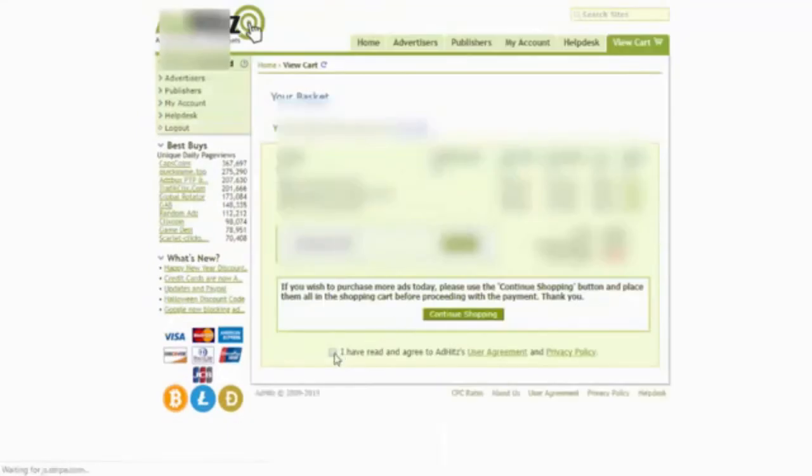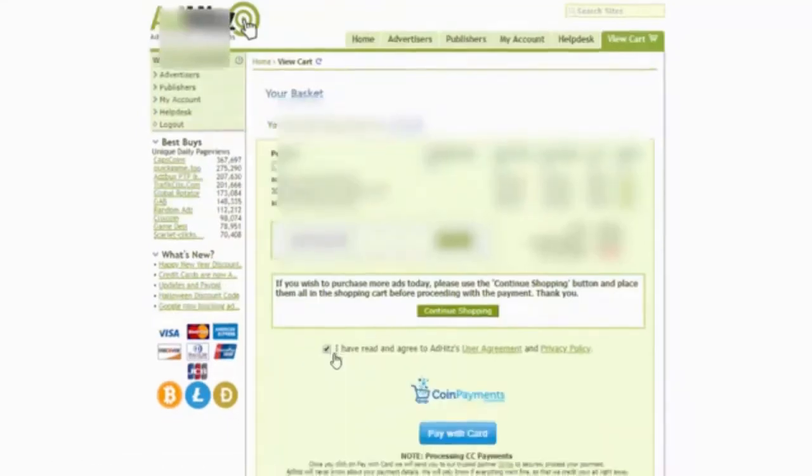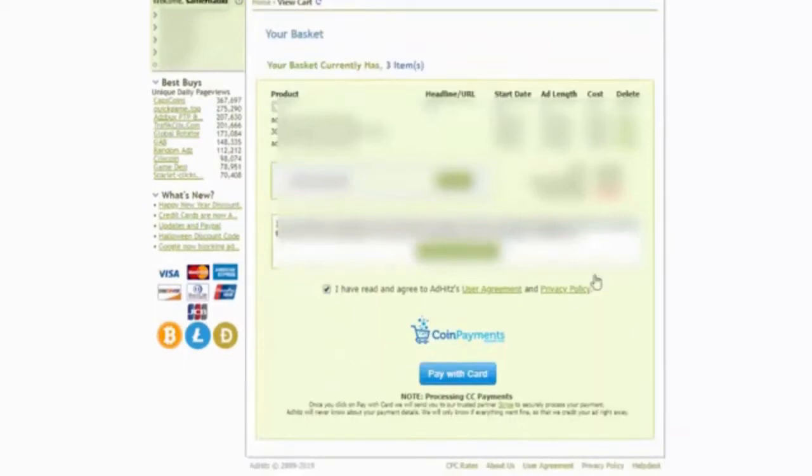And we will get this page. Okay, now basically you can see you can pay using Bitcoin, and you can pay with a credit card. It's your choice.